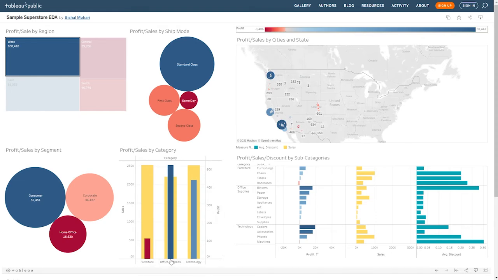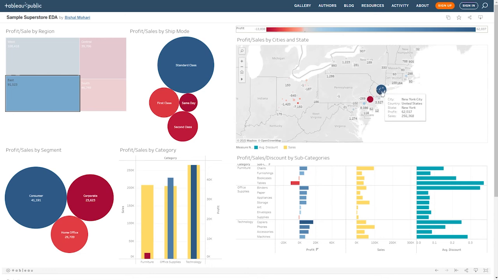Looking at office supplies, we can see that its profit is amazingly well, and as well as for technologies. We barely have any losses here other than for supplies, which is not really making a lot of profit compared to its sales, and as well as machines, which is making a loss because of the heavy discount that is applied on it everywhere, like we have seen previously. We can also see that in our western region, we have more consumer focused rather than corporate or home office focused. Now, moving on to our eastern region,